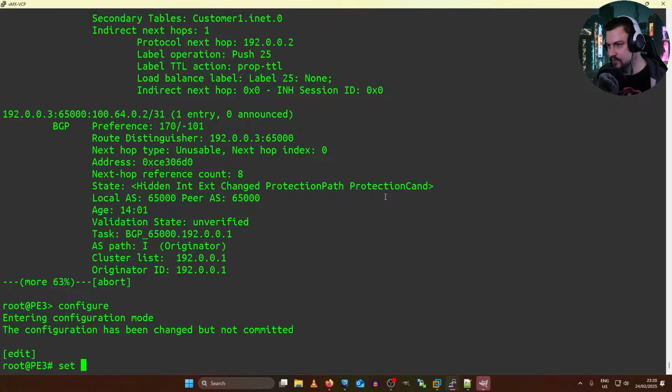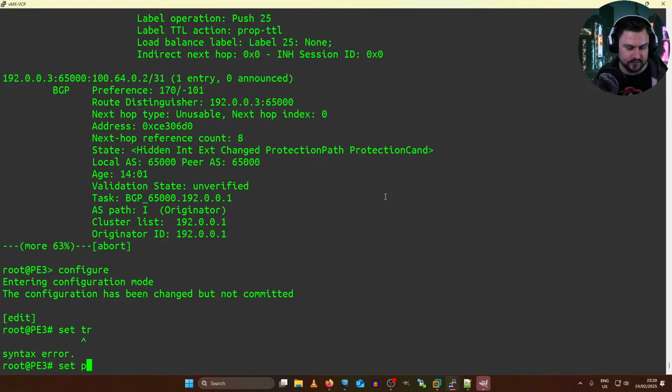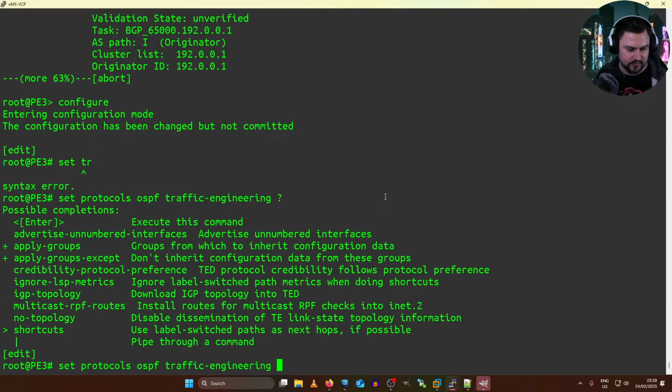Configure. Set protocols, OSPF, traffic engineering. I mean, I've got LDP working. But how does...